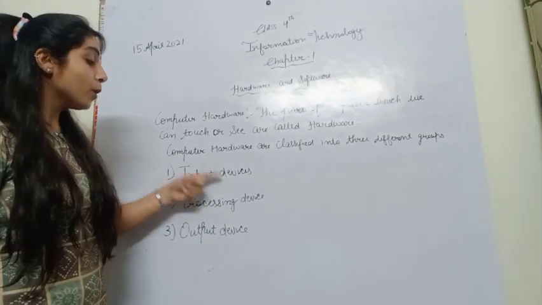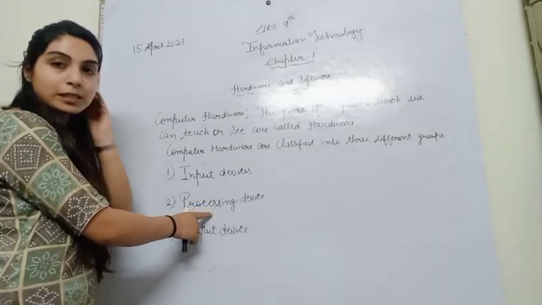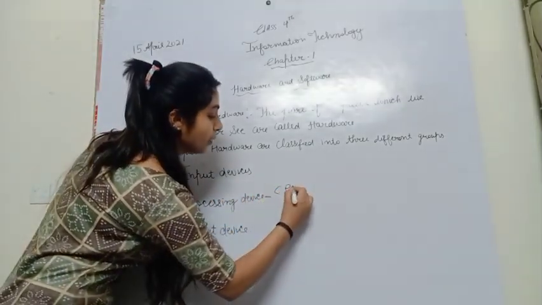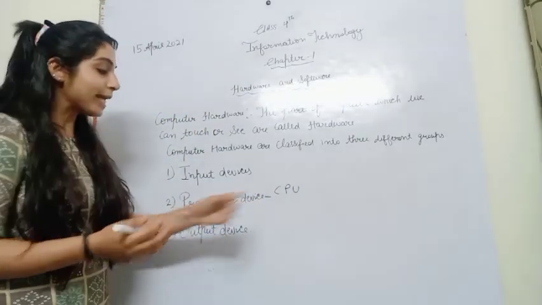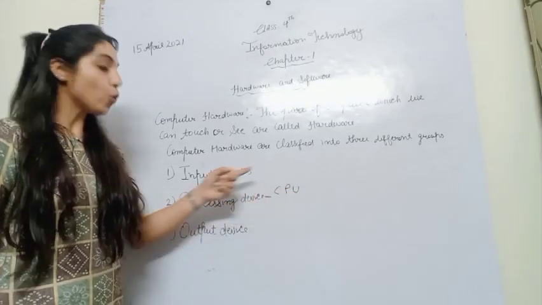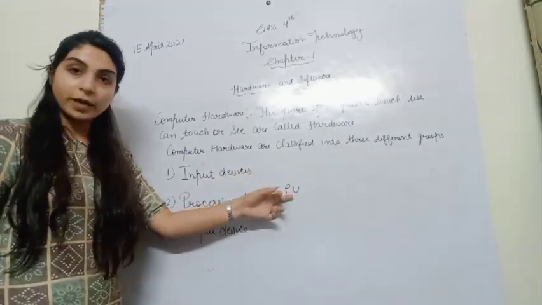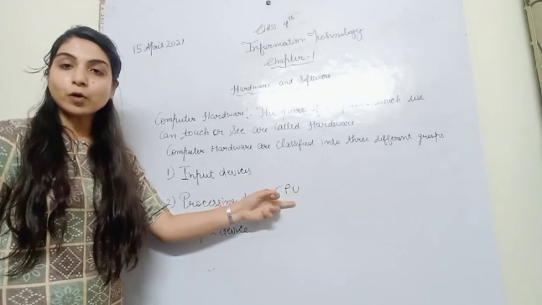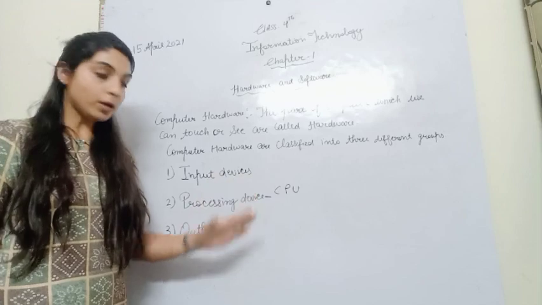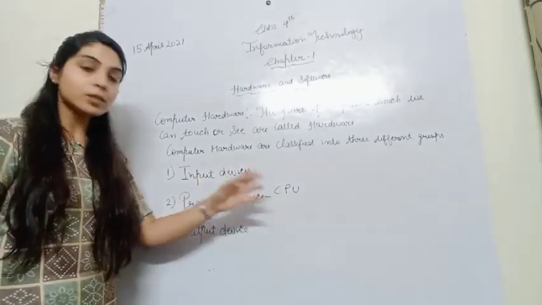Then the computer processes this input with the help of the processing device. And the processing device is called the CPU, that is the Central Processing Unit, because the CPU processes all the data in the computer. The CPU is the brain of the computer and the main part of the computer. With the help of the CPU, all the work is done in the computer, and with the help of this, the monitor shows